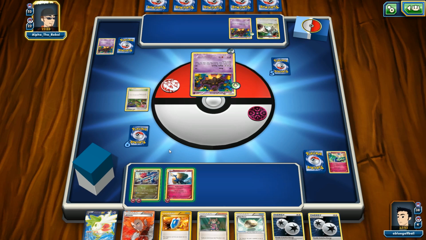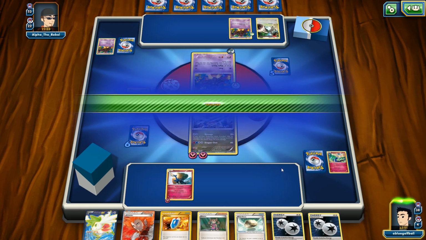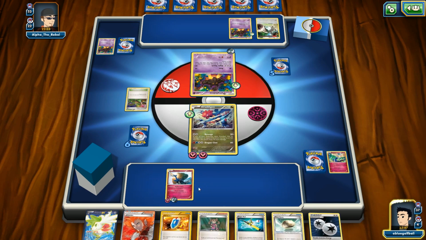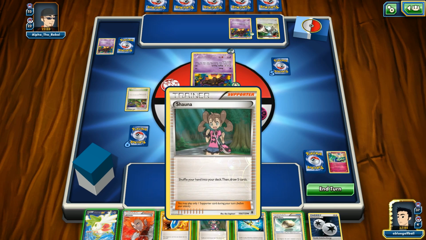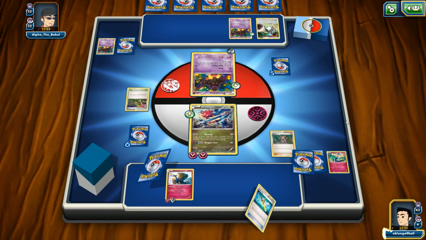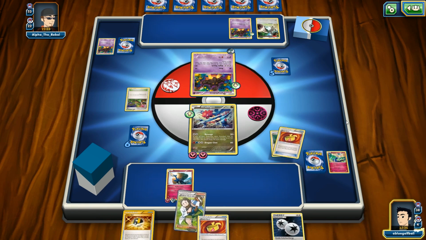And here comes our Gun. Does Mr. Alpha the Rebel have a streamline of DCEs to keep up with us? That is the question. And here, do we play the Floatstone? We don't need a Floatstone. We do have a Lysander. I'm gonna play the Shauna, I think. That way, yeah, let's play the Shauna. I could have gone for a Via Seeker, but I think Shauna is very